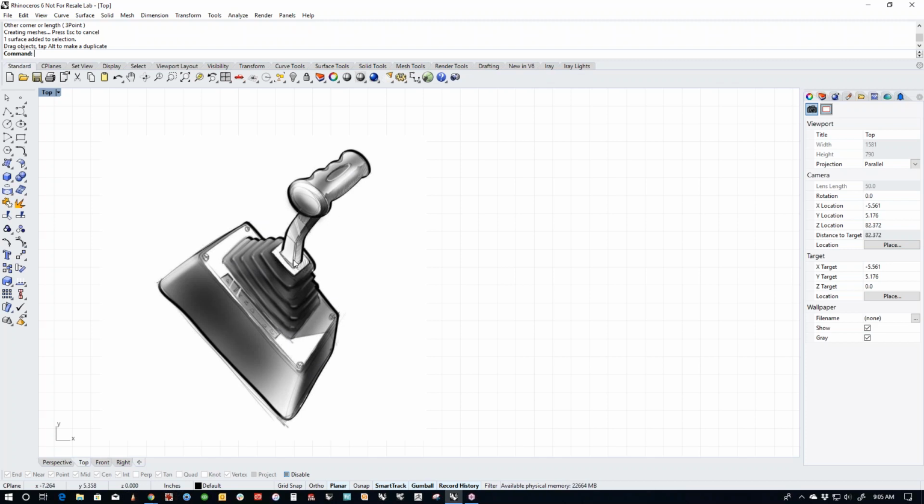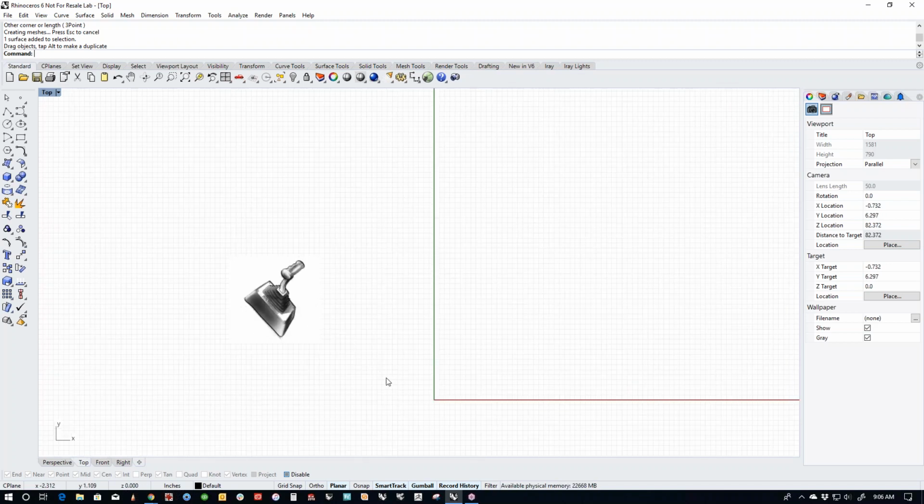Now, when somebody hands you a sketch like this, you're kind of on your own to figure out how much information you're taking from the sketch, and how much you're going to put together when you build this thing from scratch. So what I always say is the sketch is a guideline and the model is the rule. And because the sketch is so ill-defined, we're essentially going to be designing this thing